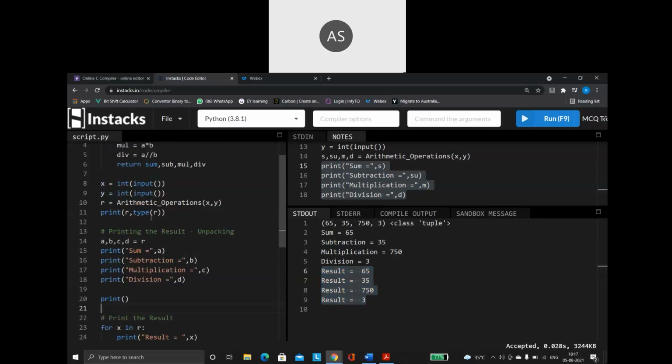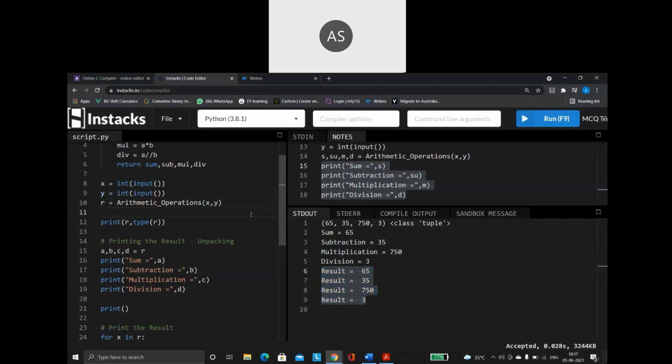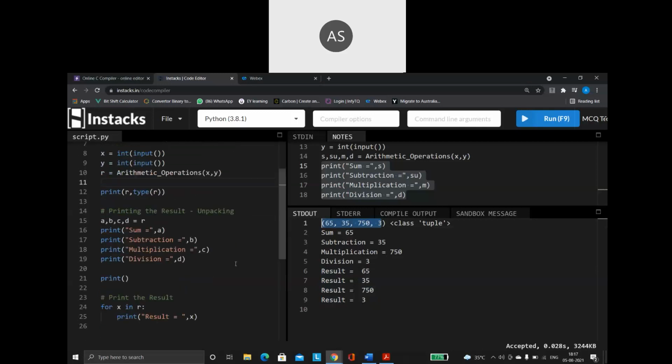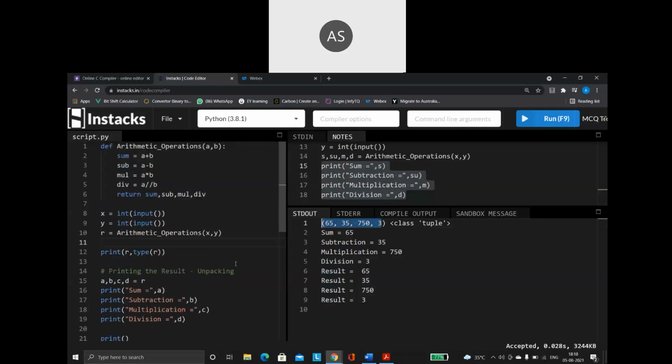Otherwise, you can just print the tuple value. If you print the tuple value, you'll be getting all the values in this form. So whichever way you want, you can get the results. So this is how you can say that a function can return more than one value. So just remember, when a function is going to return more than one value, it is always going to return it in the form of a tuple. Whether it is two values, whether it is three values, it is 10 values, it doesn't matter. When it is more than one, then automatically it is forming a tuple for us.